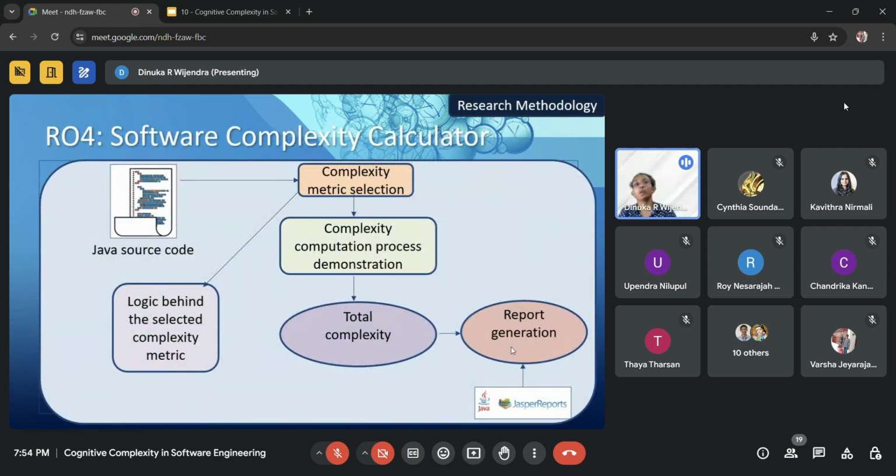And the next one, I have introduced, I can't say this is a research work, this part is not research. Here what I want to say is, we have different cognitive complexity matrices, like LOC, CC meaning cyclomatic complexity, Halstead operators and operands, like that. So whenever the Java source code is inputted to my model, I have given the user the option to calculate the complexity from those standard complexities as well. Plus, from my model, the cognitive complexity is also going to be calculated.